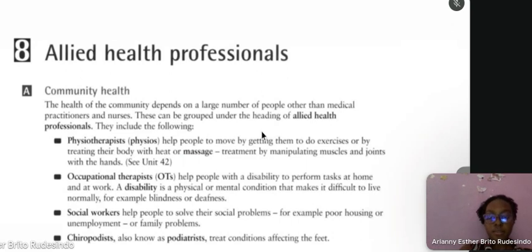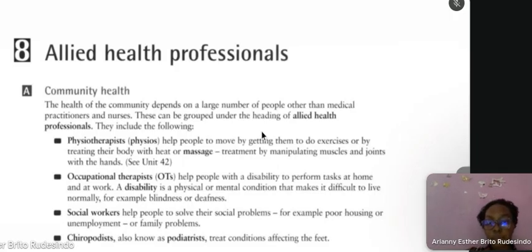Chapter 8. Allied Health Professionals. Community Health. The health of the community depends on a large number of people other than medical practitioners and nurses. This can be grouped under the heading of allied health professionals. They include the following: